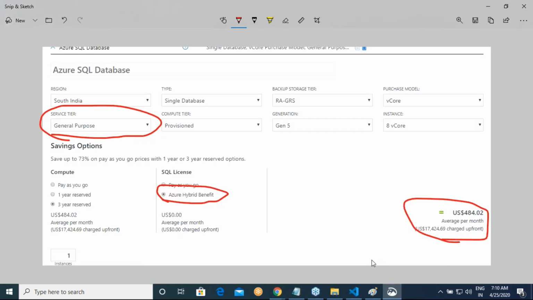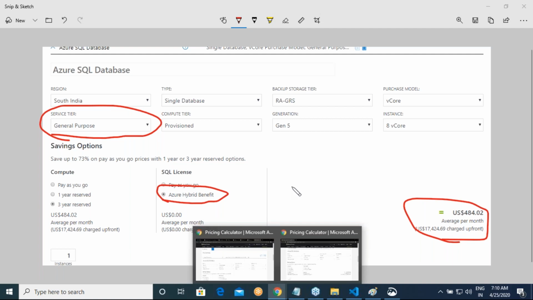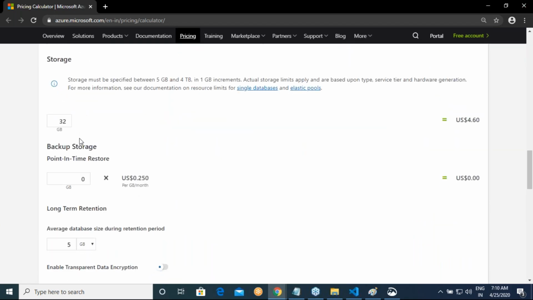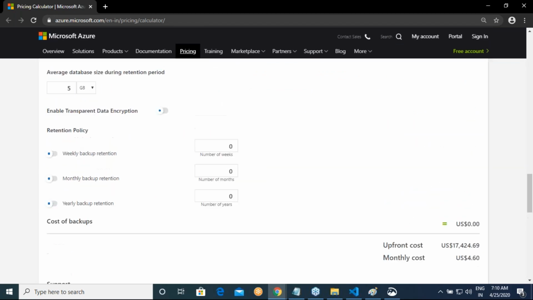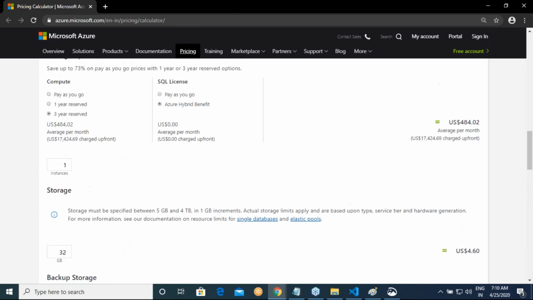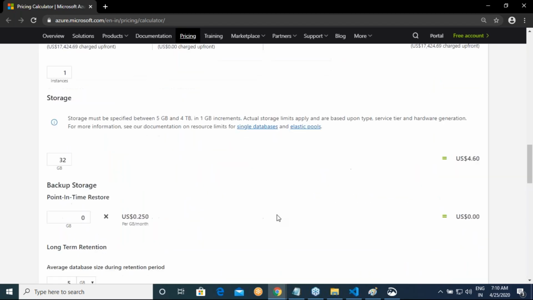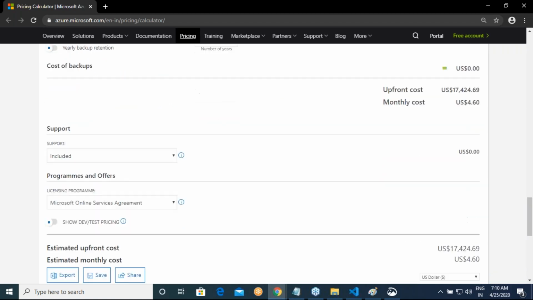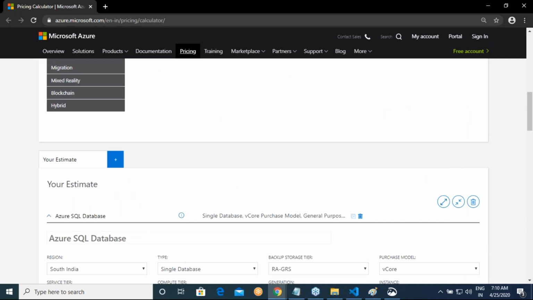And for this, you don't need to have an Azure account. You just need to go to some URL, and in that URL, you just play around with the stuff. I think everyone in this room can do this activity. If you come down, there is also storage, backup, and all of that stuff. I'm not getting into all of that. I'm just worried about database cost. Then we will worry about backup and how you deal with all of this.